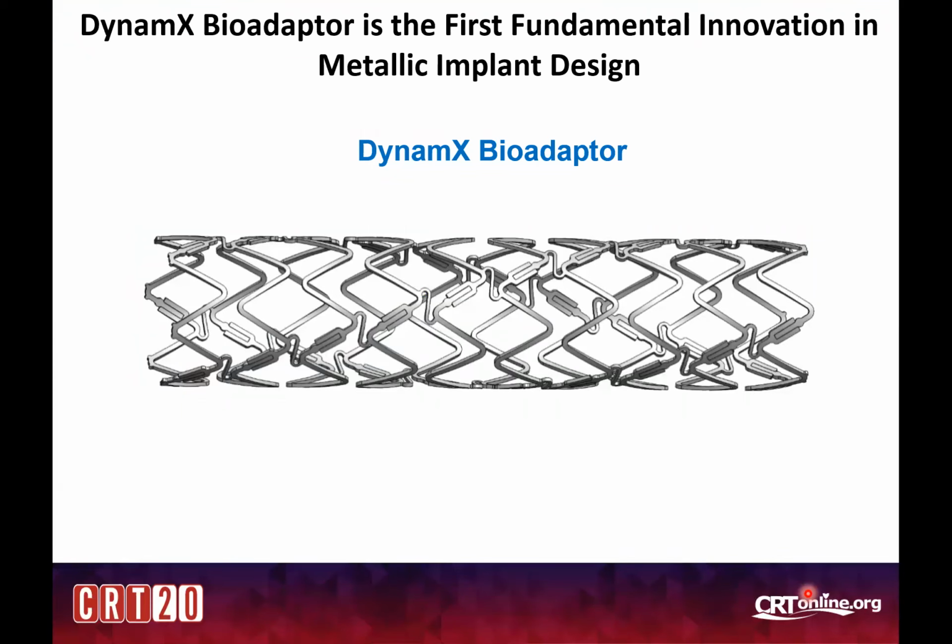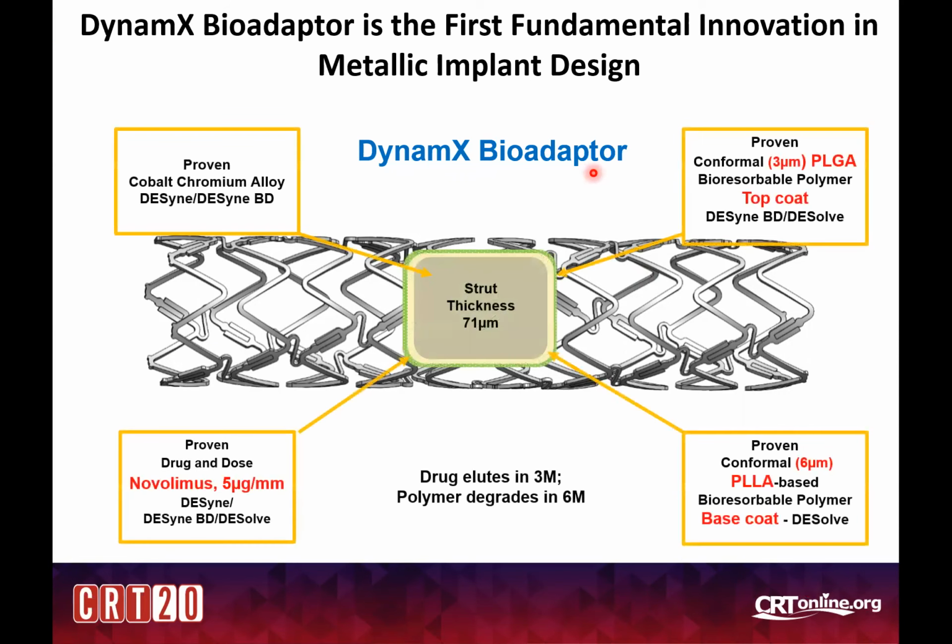I think in 22, you will hopefully, if you haven't already, see what is probably the most significant iteration in metallic implant design of the last 20, 25 years. This is called the Dynamics Bioadapter. It's on the threshold of ultra thin. It's a 71 micron thin cobalt chrome platform that has a conformal bi-layer polymer. The outer 3 microns are PLGA, the inner 6 microns are PLLA, and the drug is nivolumab, and it goes